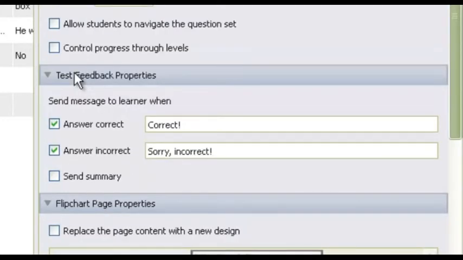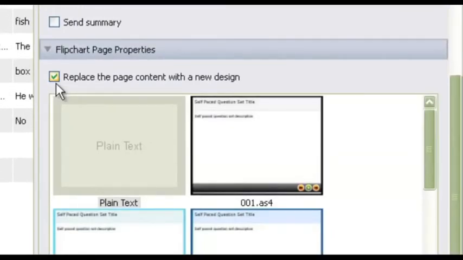You can also choose to tell the students if they're correct as they're going along on the test. This is very helpful for students because they get instant feedback. You can choose to tell them when they're correct, only when they're incorrect, and how you say it through the clicker. If you check the Send Summary box, this will send back to the students what order they finished the test in out of the whole class. This may or may not be helpful when you're doing a normal self-paced test, but it could be helpful for things like a scavenger hunt.